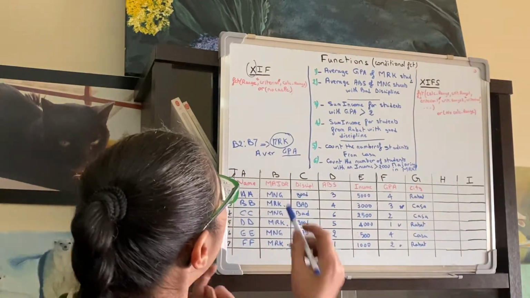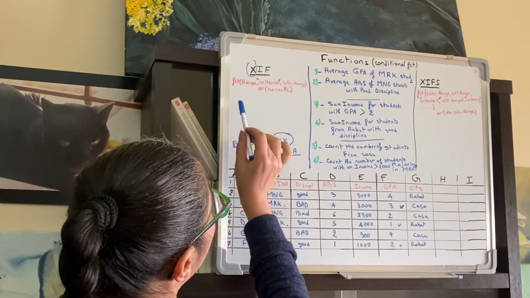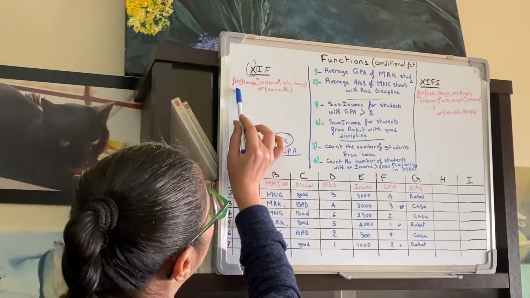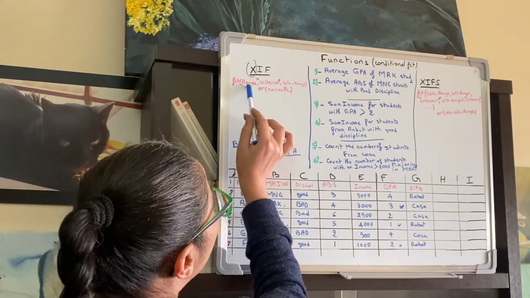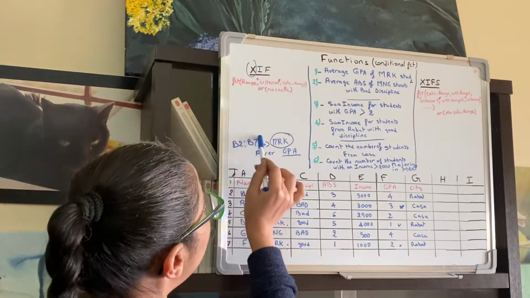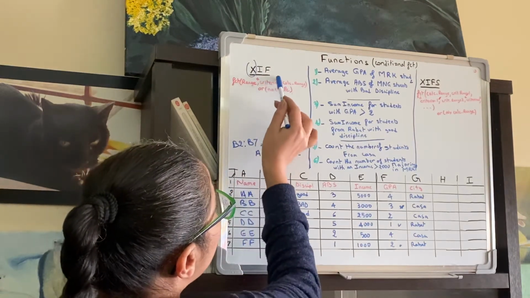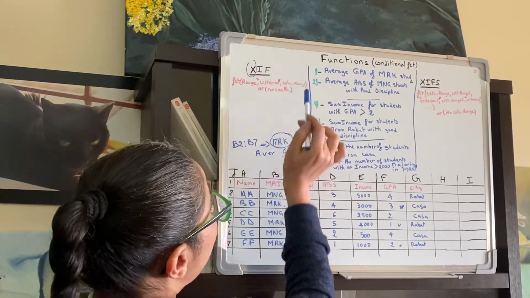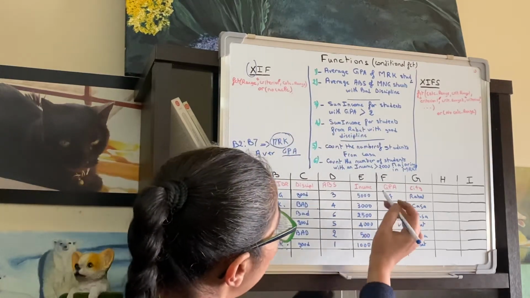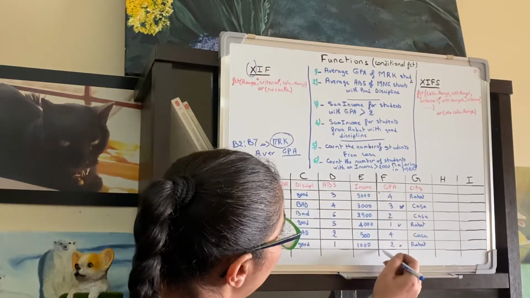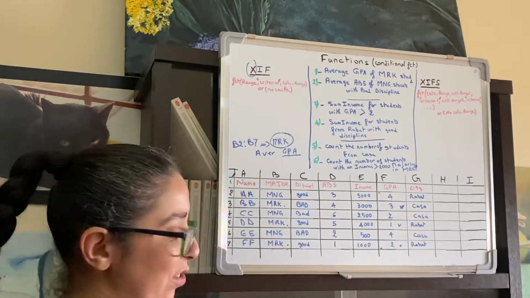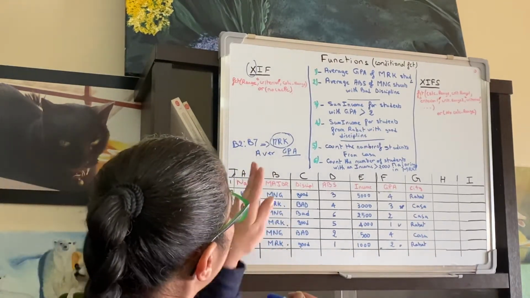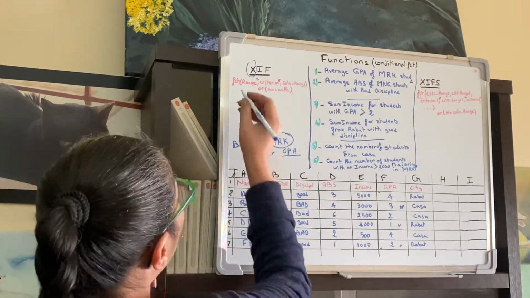Okay, so this is how the functions are written. You put the name of the function, then the range where you're looking for the criterion, then the criterion you have, which is marketing, and then the calculation range. What are you calculating? It's in the GPA, isn't it? So let's do it together. The answer of number 1 would be